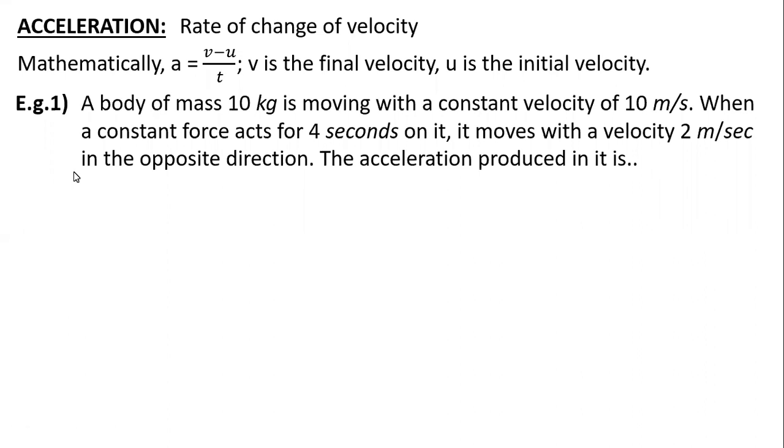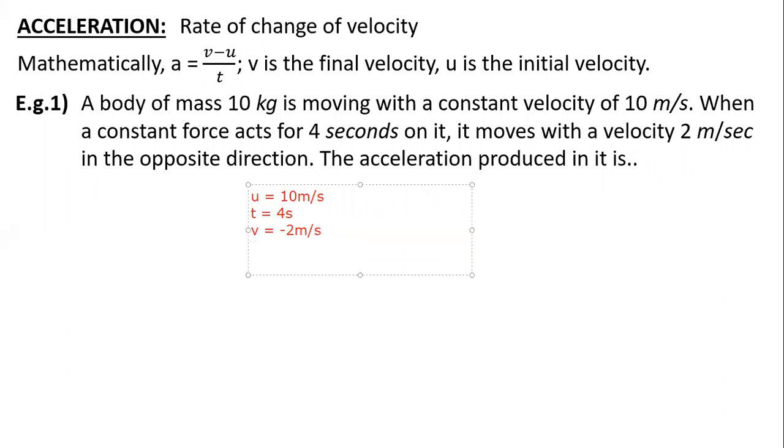I'll just define it simply, data wise, what all things are given, what all values are specified. So directly I can specify that the initial velocity u is equal to 10 meter per second. That is the first data given. Second data specified is for a certain time, 4 seconds, the force was applied, means there was a change in its velocity, and the final velocity they are giving 2 meter per second in the opposite direction. So since it is opposite, that will become -2 meter per second.